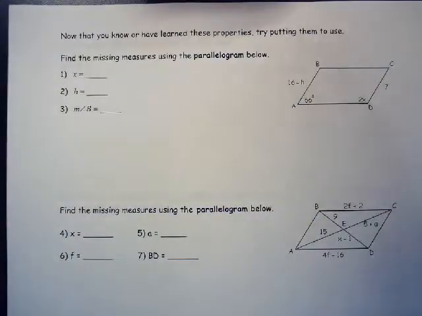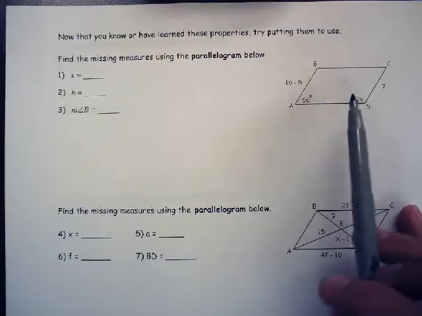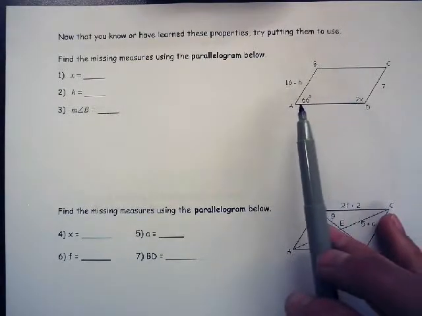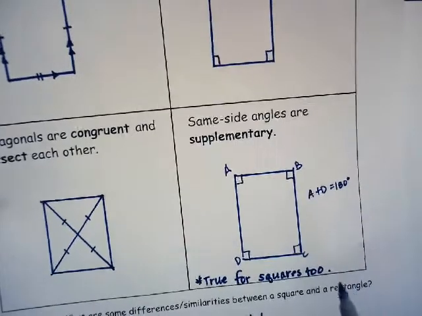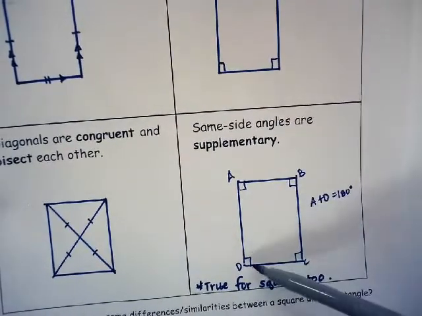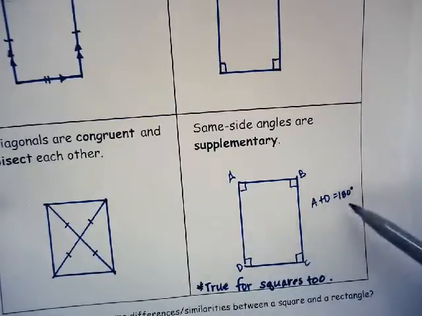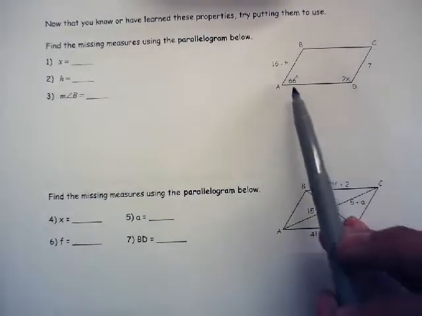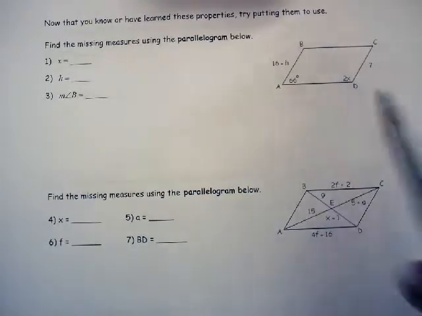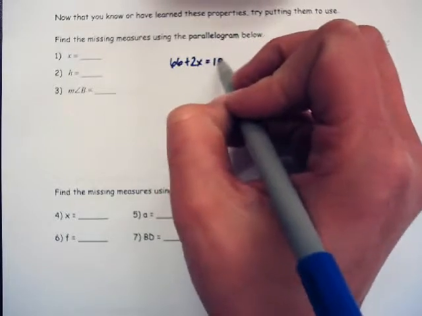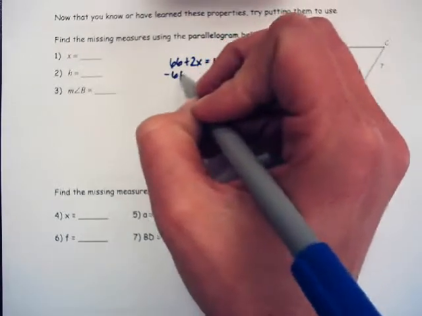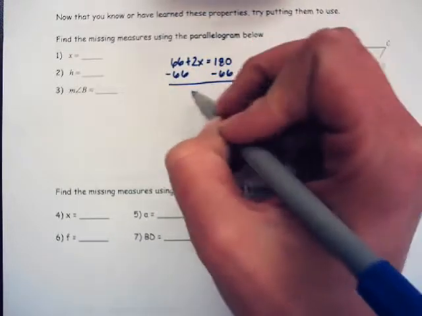So we're trying to find x. What did we say about the angles that can help us find x? A plus D. Let me find that and refresh your memory. On a parallelogram, I said A plus D, same side angles are supplementary, so they equal 180. Well, here I have 66 plus 2x equals 180. So I'm going to subtract 66 from both sides. Get 2x